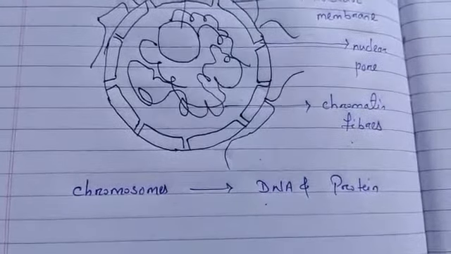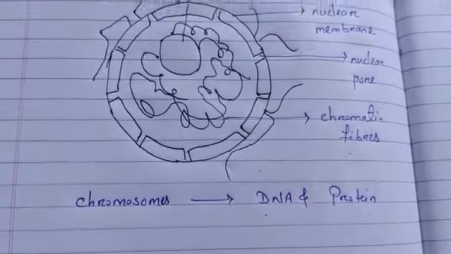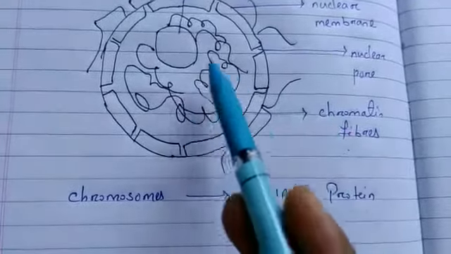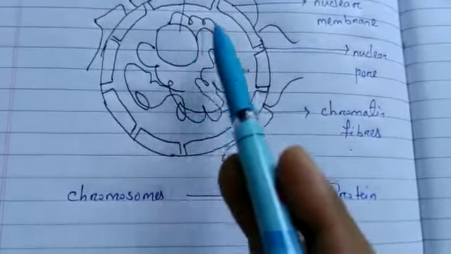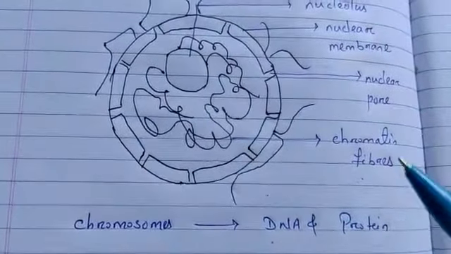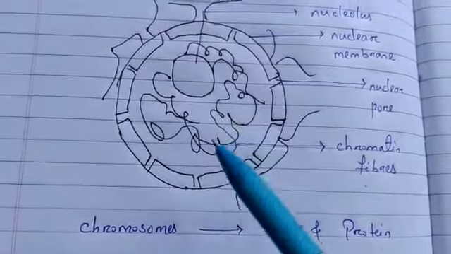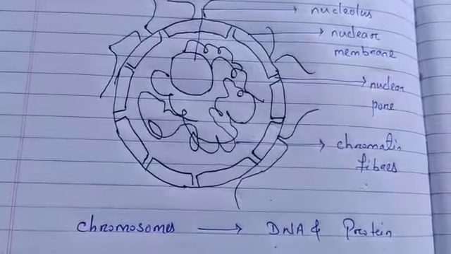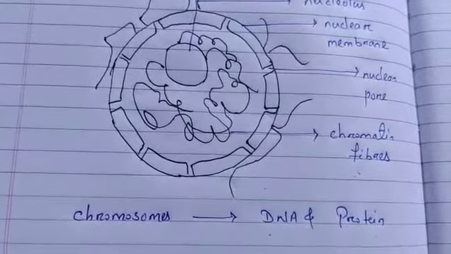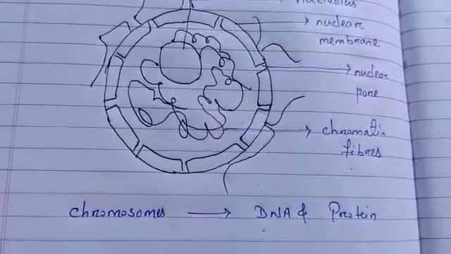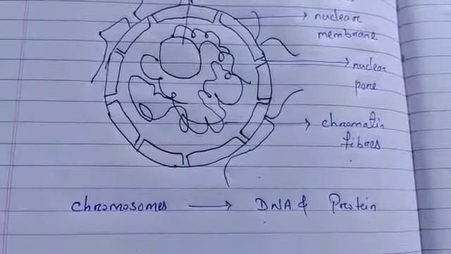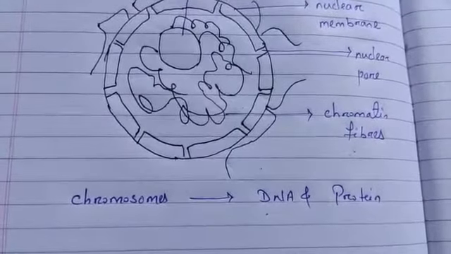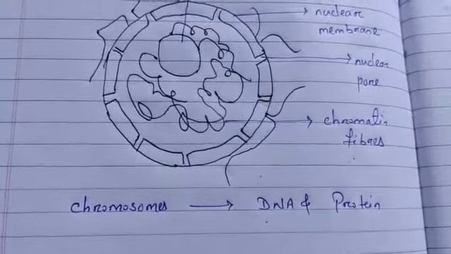In a cell which is not dividing, the DNA is present as part of chromatin fibers, visible as thread-like structures. When the cell is about to divide, these structures are organized into visible rod-shaped structures known as chromosomes. The nucleus plays a central role in cellular reproduction, the process by which a single cell divides to form two new cells.